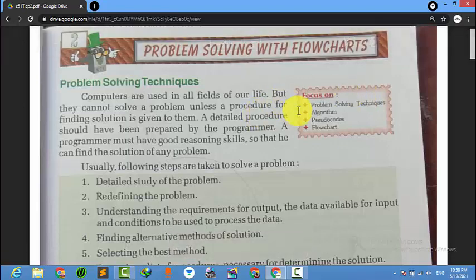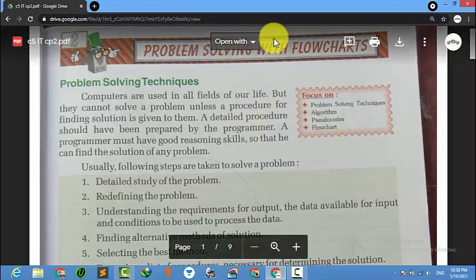Suppose, for example, you want to make tea. So what will be the steps? First of all, our step is to buy tea, right? Then we need to take a cup. Then we need to take some sugar. Then pour some water in the jar. So that will be the step by step procedure to make tea. So a flowchart means a step by step procedure to come to a solution, like making a roadmap, right?